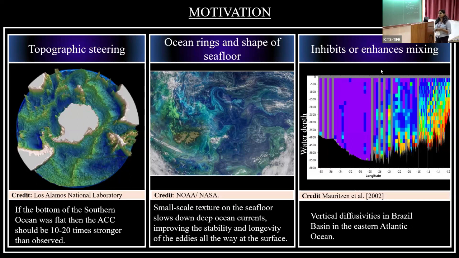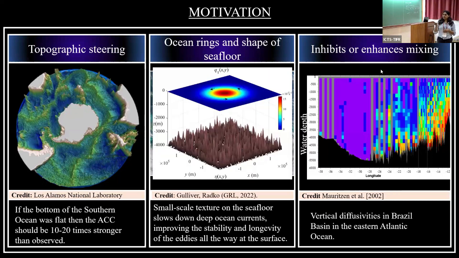Later, Radko showed that the topography under these ocean rings causes this longevity of the currents. They did a study on a rough topography, and they call this the sandpaper model, where this kind of topography slows down the ocean currents and increases the longevity of the vortices above it. And another motivation that led to this study is